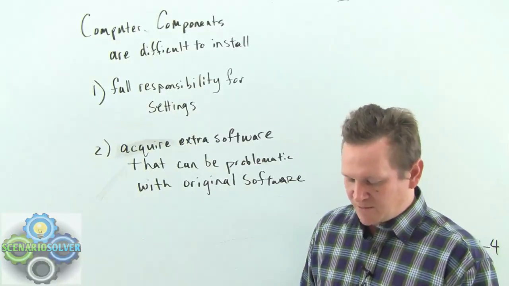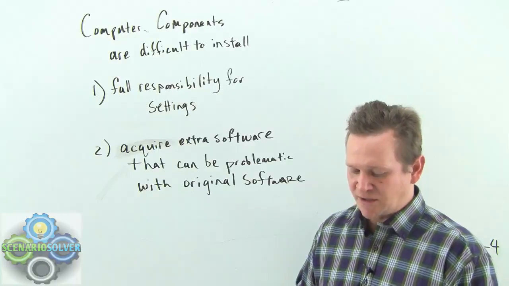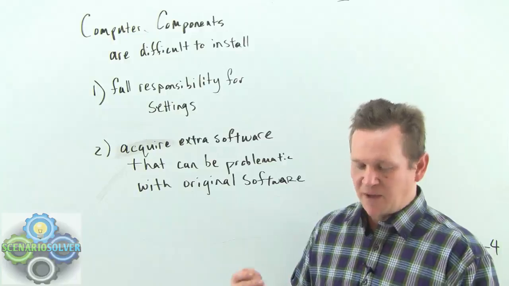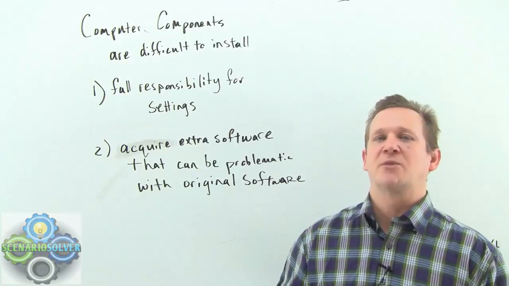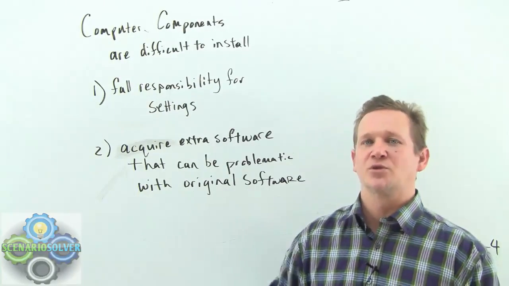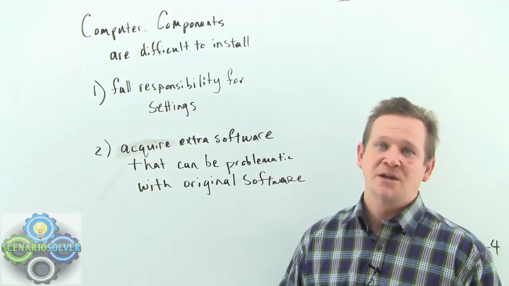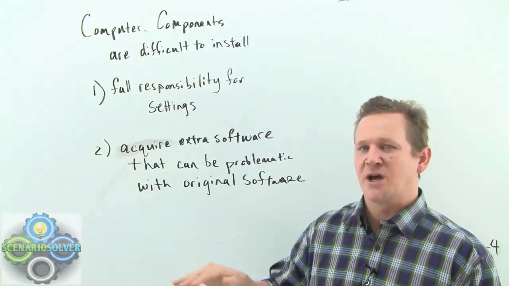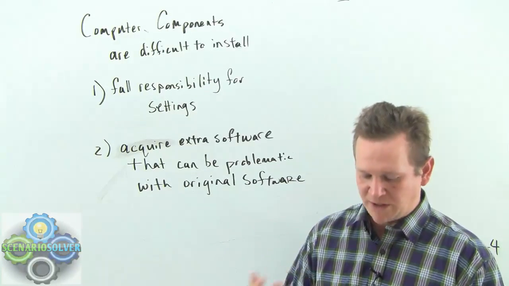Okay. C, installing an accessory will become extremely easy in the foreseeable future. Okay. The issue with this is we're not talking about the future. We're talking about the present. And we're saying installing these accessories today is really difficult. So C falls out because it does not jive with what we need to weaken.